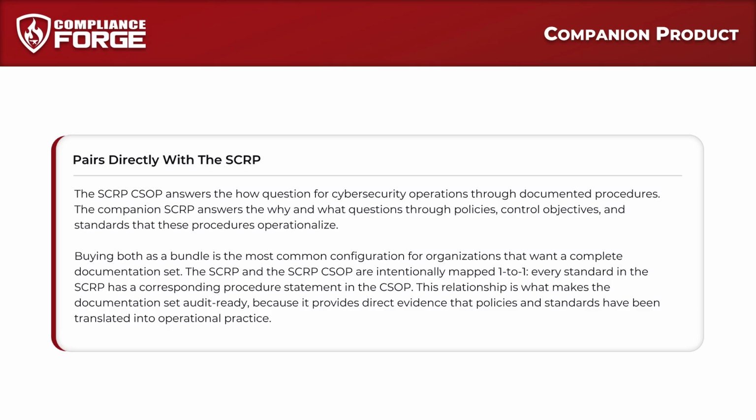The SCRP and its CSOP are intentionally mapped one-to-one. Every standard in the SCRP has a corresponding procedure statement in the CSOP. That relationship is what makes the documentation set audit-ready, because it provides direct evidence that policies and standards have been